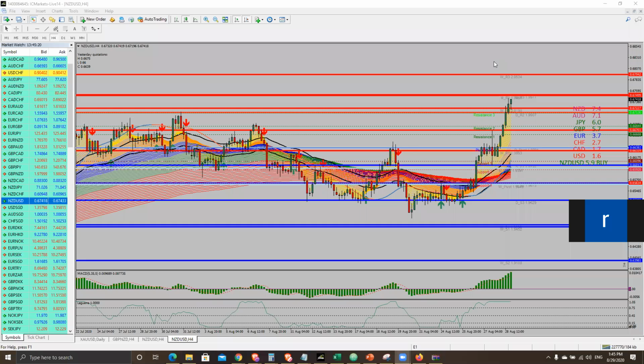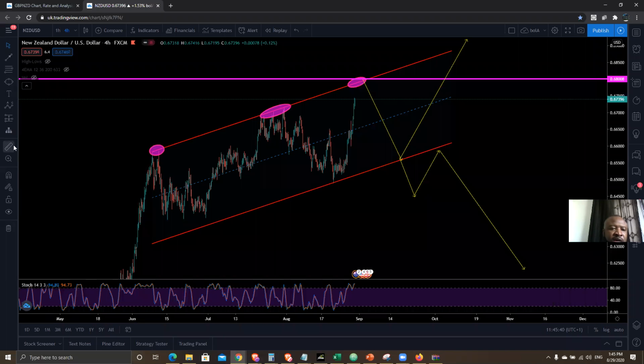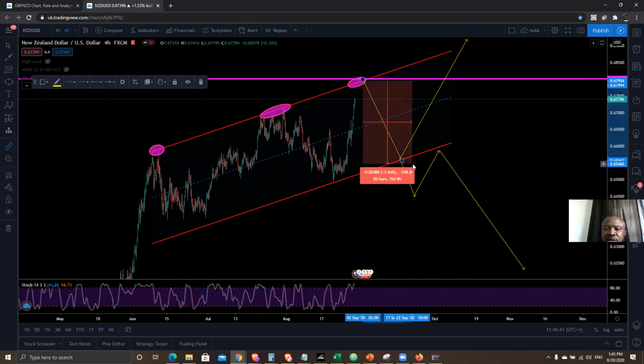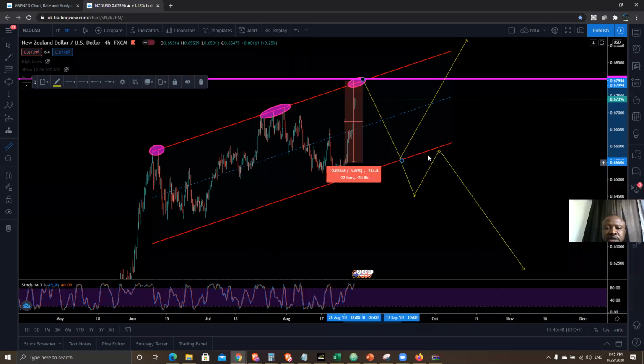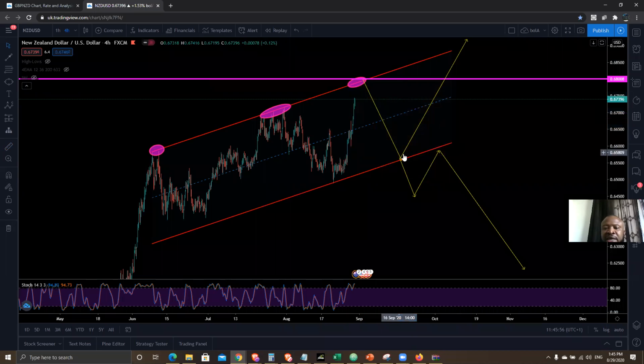A couple of things are over there. We have the weekly resistance area over there. It's just a huge level. It doesn't change the trend, but obviously there's an opportunity over there. And the kind of opportunity that we can see over here is, let's say from here, about 249 pips. Because basically what can then happen is price can hit this, come back to this lower band, price can hit this, come back to this lower band. And at this lower band, again, is the best area for us to buy.